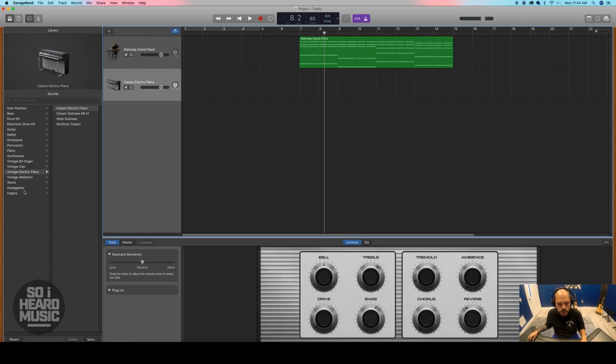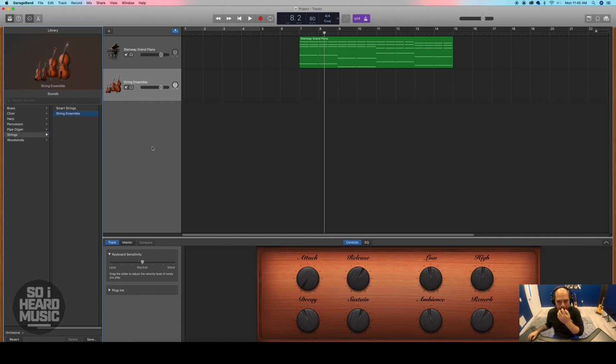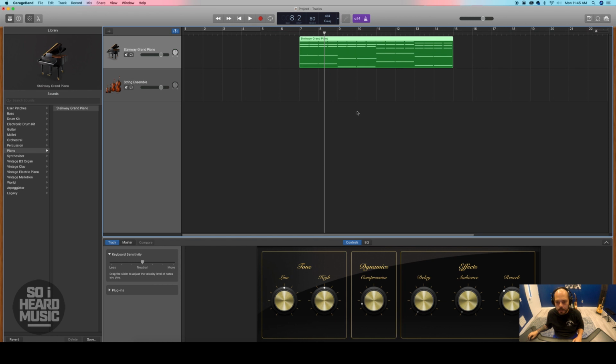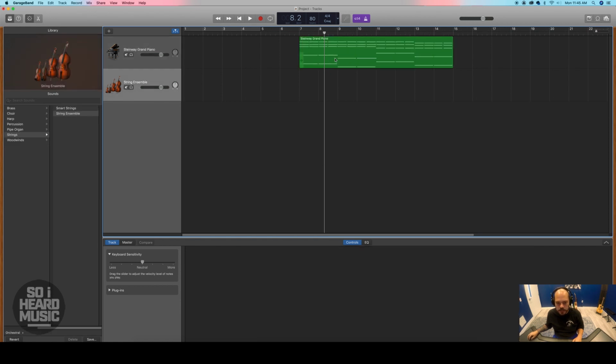So we created a new track, and now we can go in. I'll click on synthesizer, or maybe instead of a synthesizer, let's do some strings, some violins and cellos and things like that. So I'm going to go to orchestral. Let's go to strings, and we'll go to string ensemble. Now, instead of recording again, if I want to use the same chords and the same rhythm and the same style that I just played, I can simply copy and paste what I just recorded down to the string ensemble